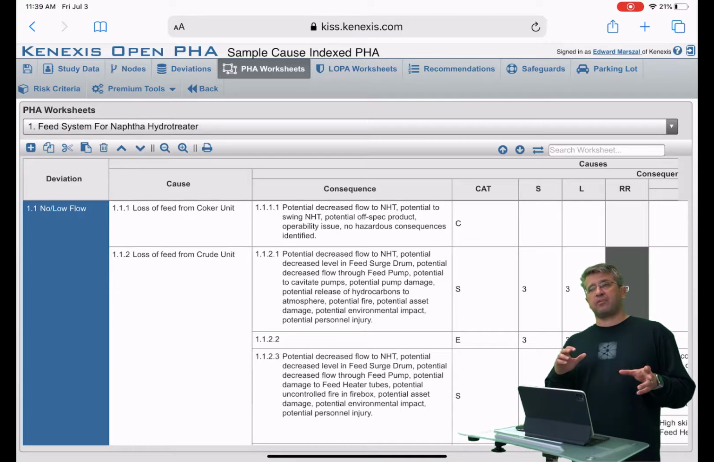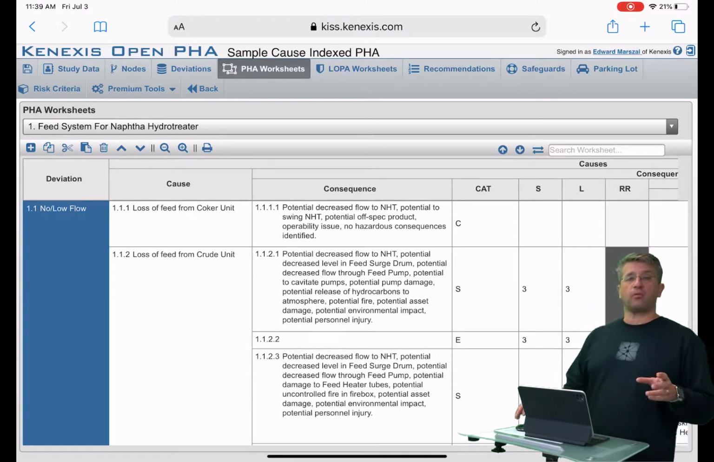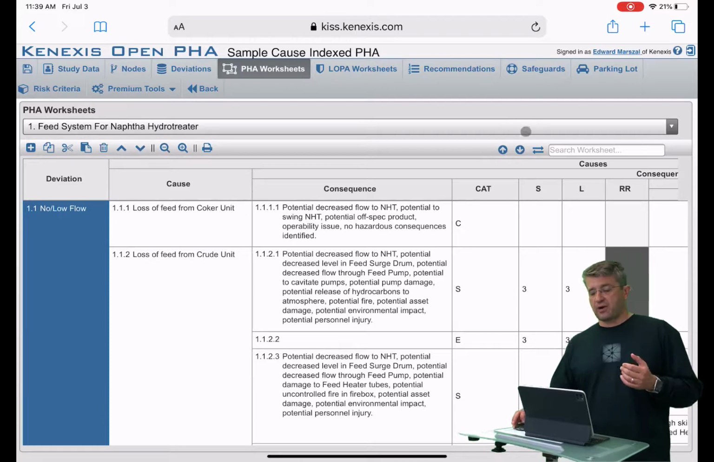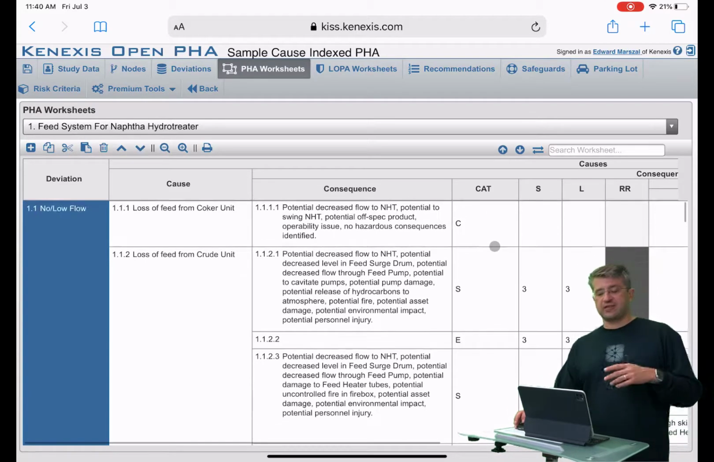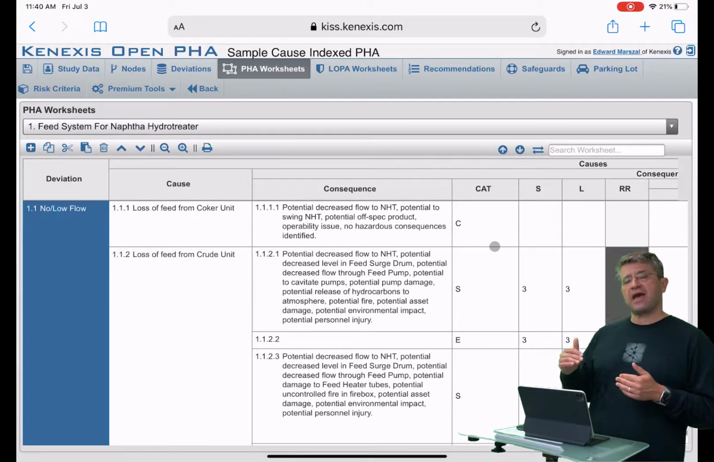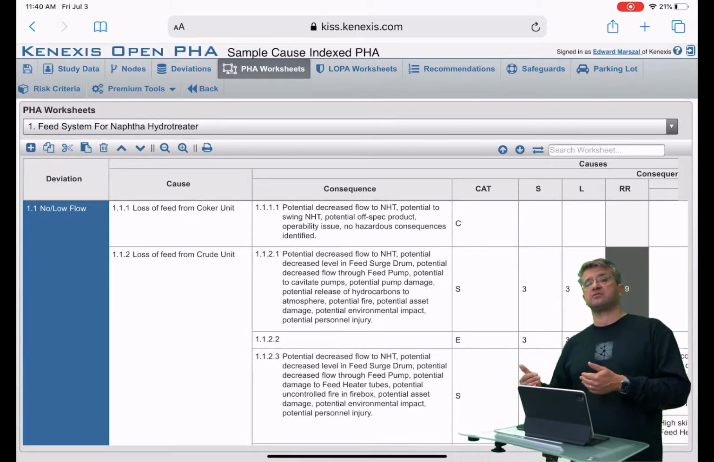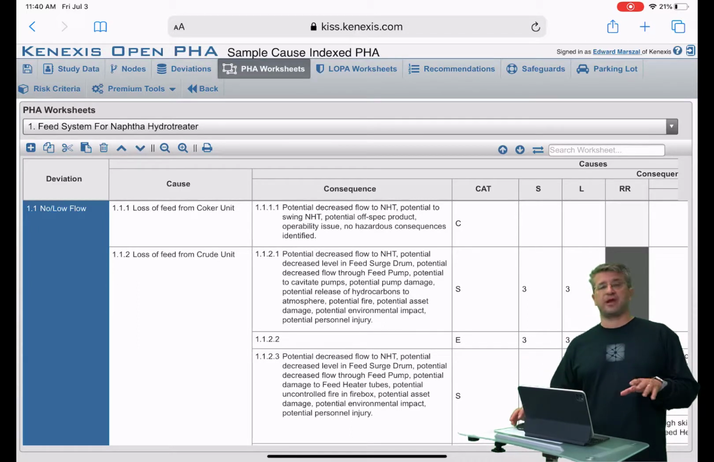Now, there are a couple of different views of the PHA and the LOPA worksheets depending on whether you're cause indexing or consequence indexing. So I'm going to start with a sample cause index PHA as a starting point to show you how that works, and then I'm going to move into a little bit more discussion using a consequence index PHA, which is